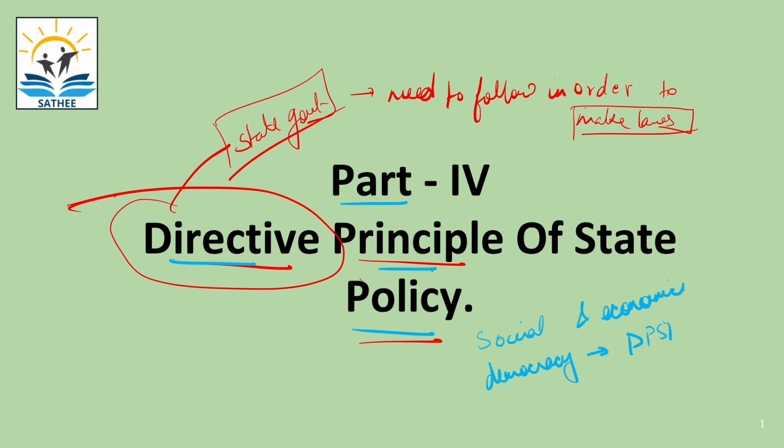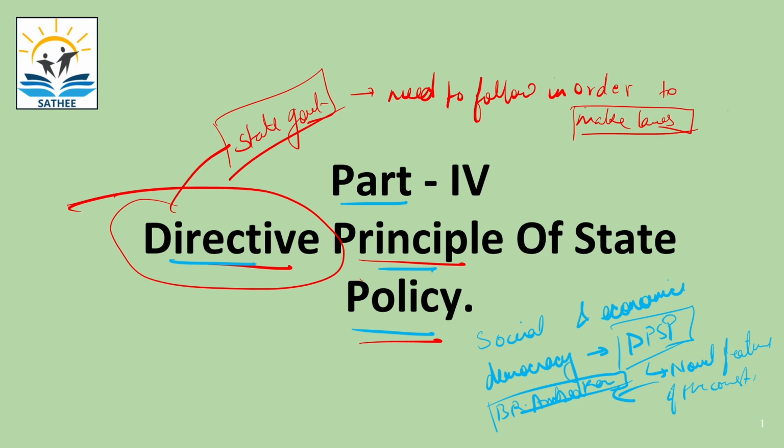This was given as a novel feature of the Constitution by B.R. Ambedkar. And this has sometimes been asked in your paper: who among the following has mentioned directive principles of state policy as a novel feature of the Constitution. So these are the important things that you need to remember,